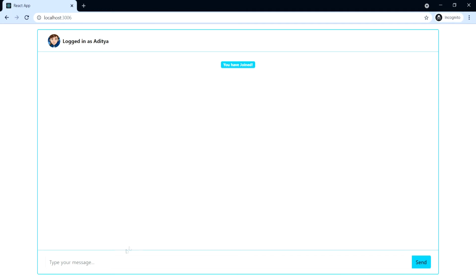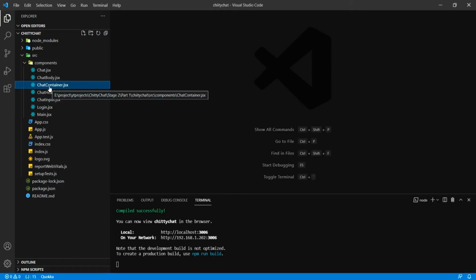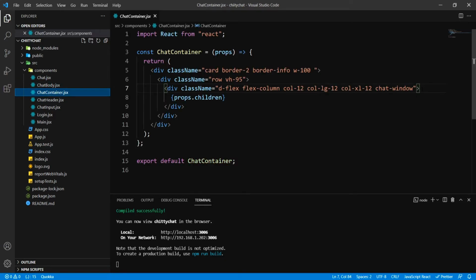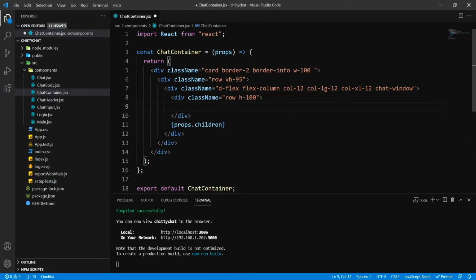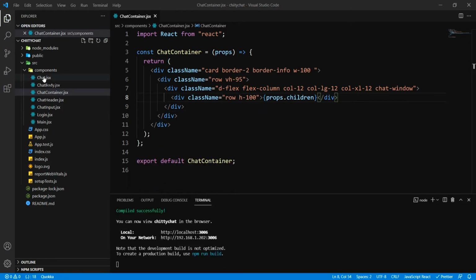So let's start. I'm gonna go inside my chat container, and here I'm gonna type a div inside my children. I want a class name, and I want a row, and I want the height to be 100, and I'm gonna render the props children inside here. Then inside chat,